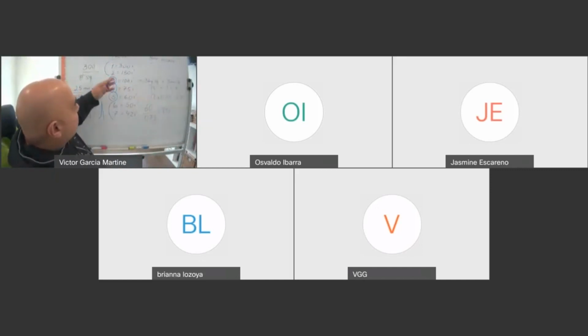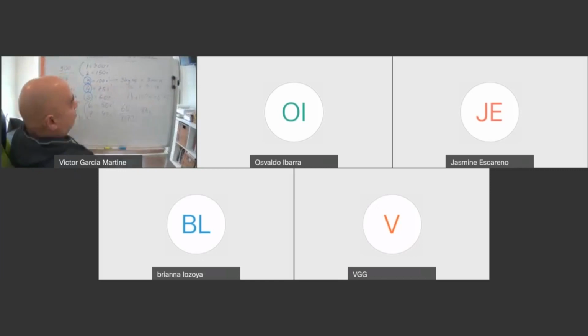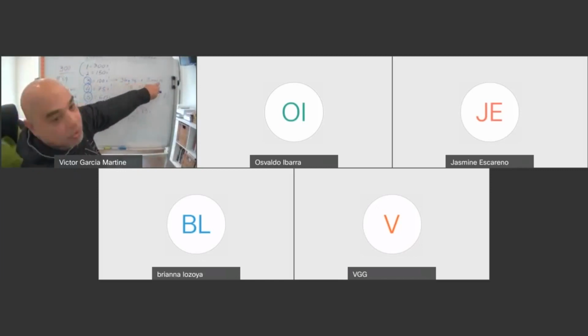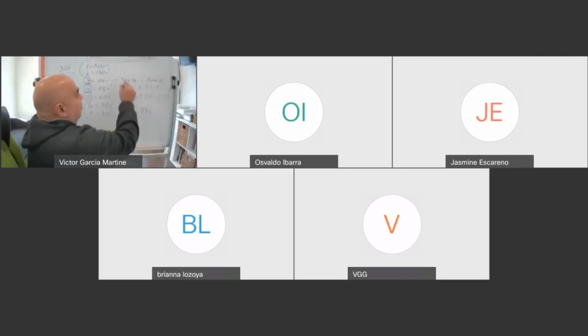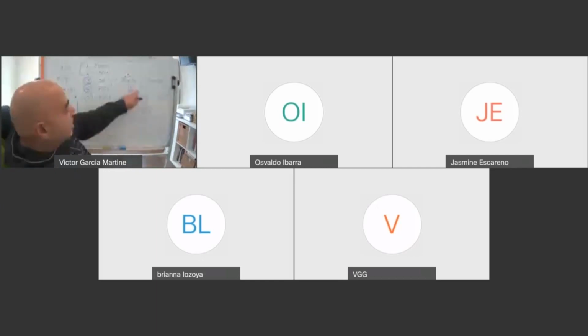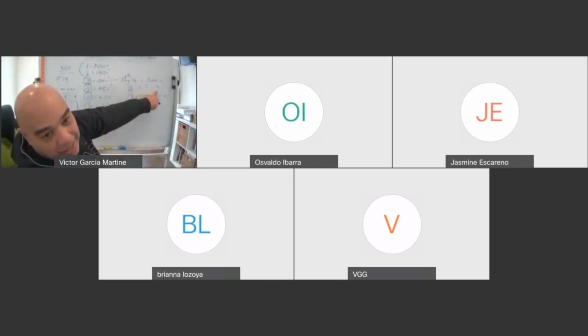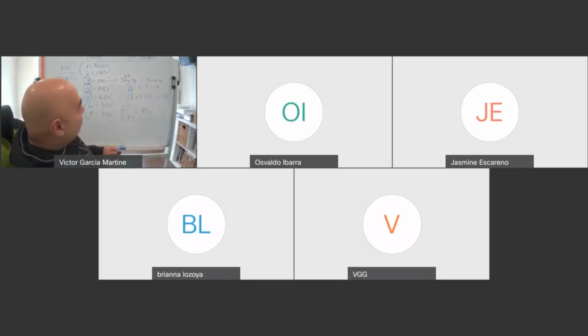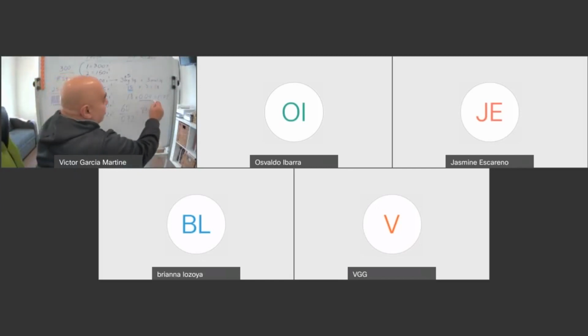Then imagine instead of 3 big squares, you have 3 big squares and a little bit more. Maybe 3 big squares and 3 small squares. You already know a big square is 5 small squares. Then you multiply 3 by 5, it's going to be 15. And you add the other 3, you're going to have 18 small squares. Then you have to multiply these by